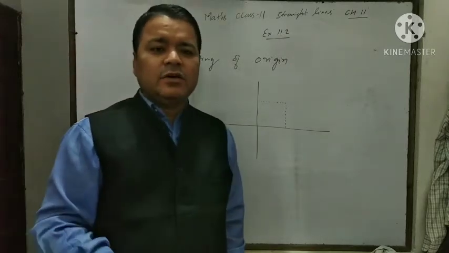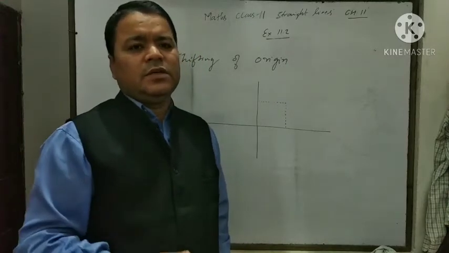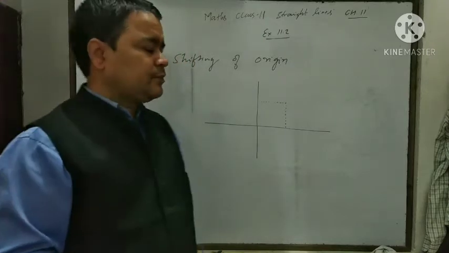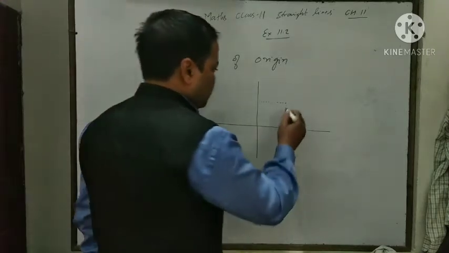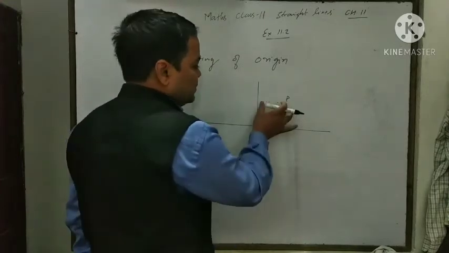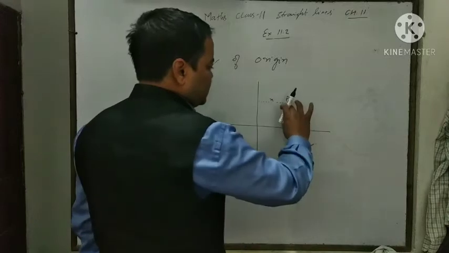During writing the coordinate of any point, first we write its x coordinate and then y coordinate. Therefore, if this is the point P and this distance is equal to x and this distance is equal to y,